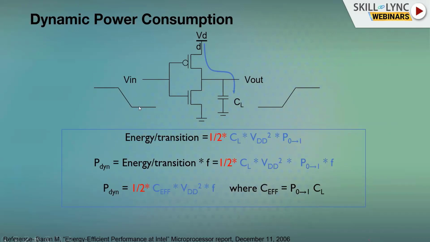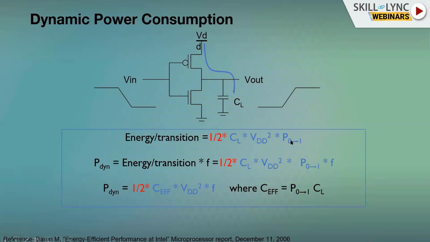If you are now, instead of giving a 0, giving a 1, what will happen is this circuit will go into the off state and this circuit will be in the on state. So you'll be discharging whatever charge is stored in the capacitor; it will start discharging into this NMOS circuitry. So overall, our power, like I have told, for this particular path will be C_L into V_D squared into the switching activity, the probability of 0 to 1 transition.